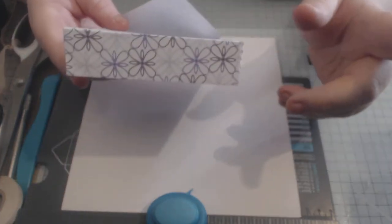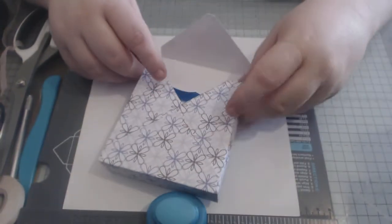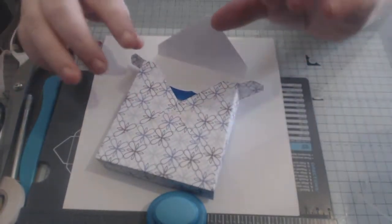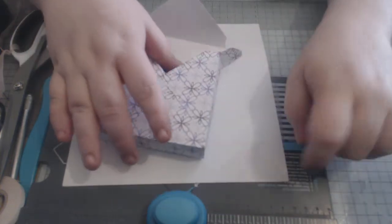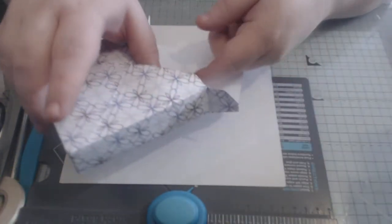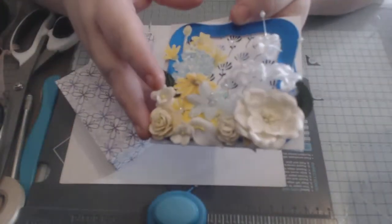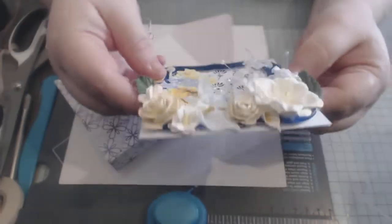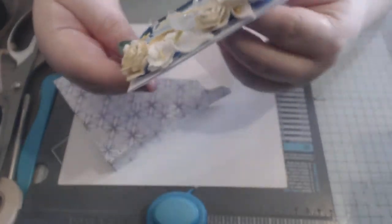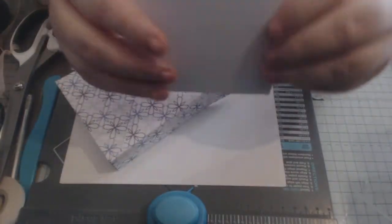I was watching May's tutorial the other evening and she had a dimensional card, and I had mentioned that the envelope punch board does these box envelopes. Now this card I just threw together quite literally just because it's dimensional. It's just a 4x4 card. I have layered up